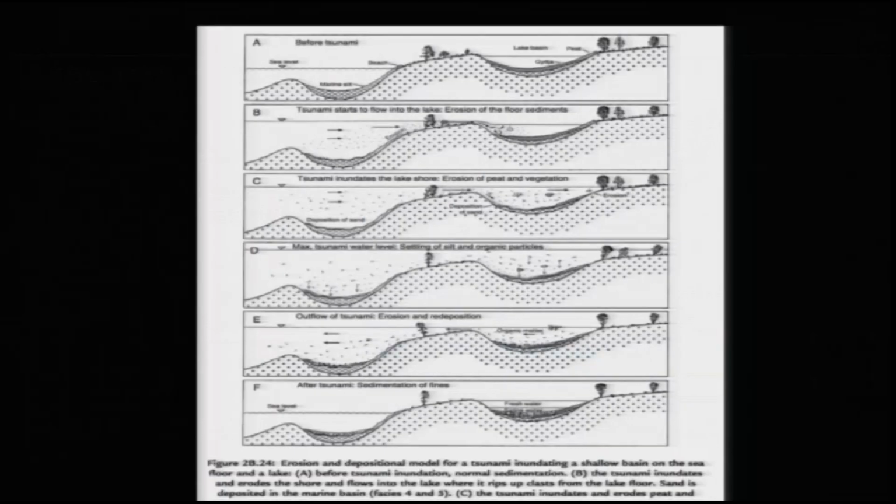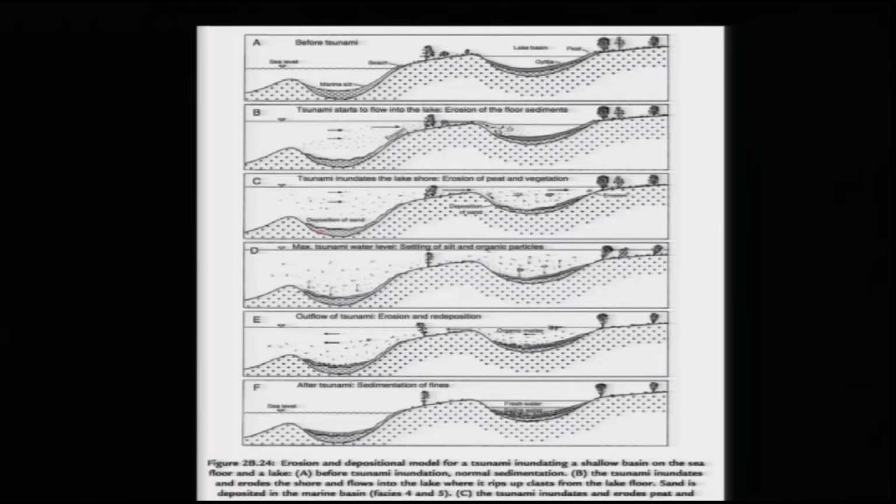Okay. Most of the areas, before we start hunting for the tsunami, we try to look at the areas which have a topography like the one shown here, where we have the beach ridge, and then we have swale, beach ridge, swale. So, most of the time what happens is that if you have a tsunami, then the sediments from this portion will get eroded. Of course, the tsunami will also carry the sediments from the deeper portion of the ocean, and along with that it will also carry the organisms.